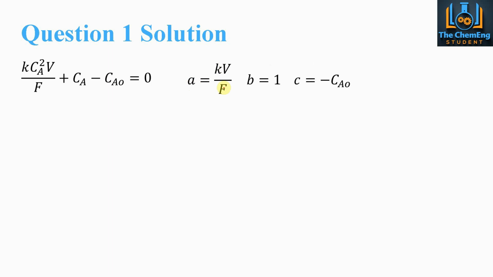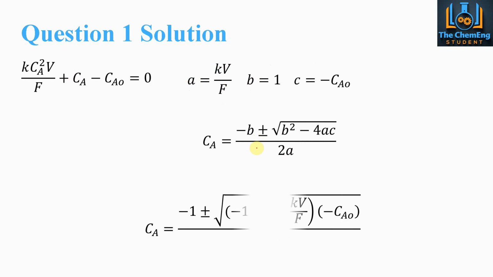So a is kV over F, b is 1 because we'd have a 1 here, and c is the whole minus Ca naught. So if we input this data into the quadratic formula, that is what we would get. We would get our Ca is equal to minus 1 plus or minus the square root of minus 1 squared minus 4 multiplied by kV over F multiplied by minus Ca naught, over 2 kV over F. And that would be the